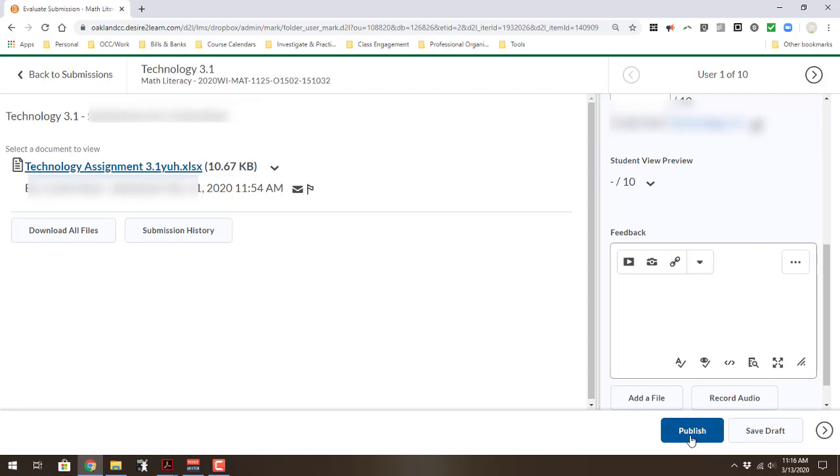So the rubrics might be a way for you to assess some of the student work that you're getting in without having to download the file and try to figure out how to write on it, or download it, print it, write on it, scan it to send it back. For some of those things, that might be an